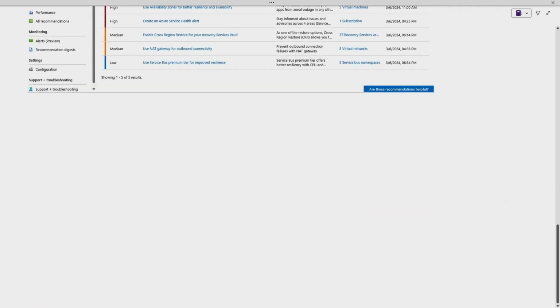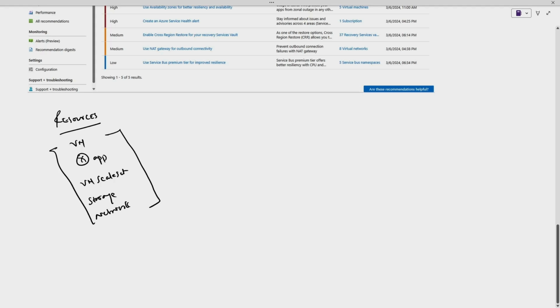Let us say we have our environment, we have resources which we have provisioned, and this can be virtual machines, applications, virtual machine scale sets, storage, or network. So all these are resources which we have already provisioned, and based on the configuration